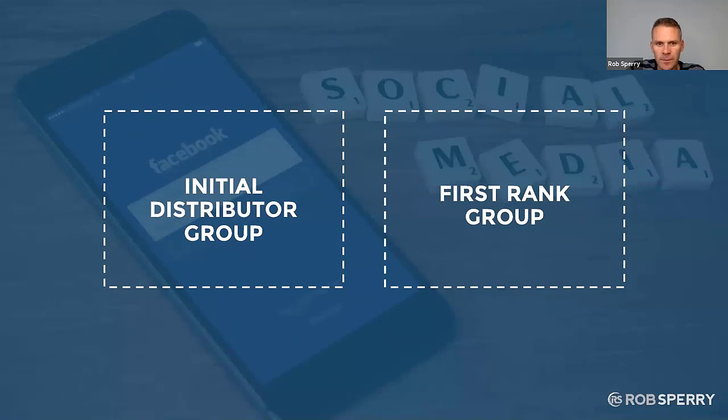Initial distributor group. Now, some people just only have one distributor group. That's okay. You can have that. Again, I'm giving ideas. I'm challenging you. Initial distributor group, so they have people join. So you have your customer group. Now you have your distributor group. Everyone joins that. And then as soon as they hit that first rank, which is usually not, you don't have to do a ton to reach it, then they have a first rank group.